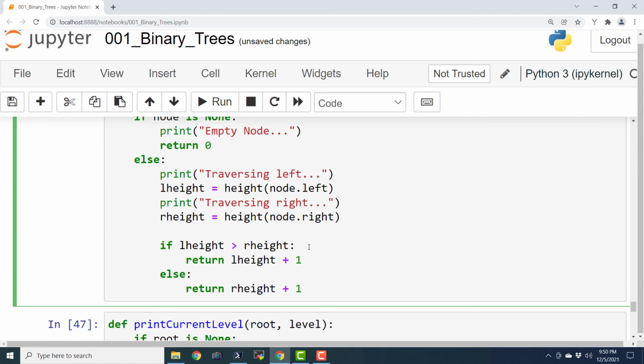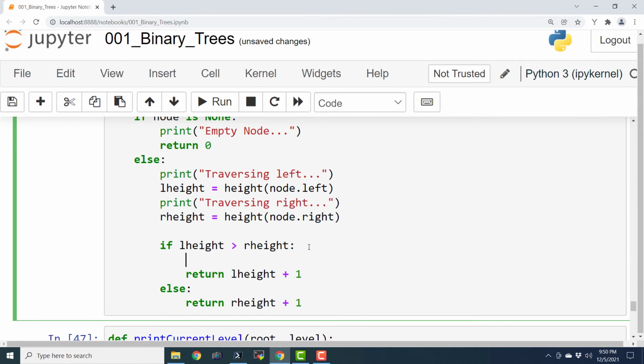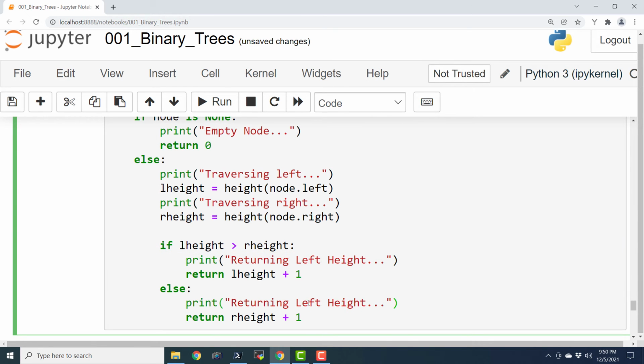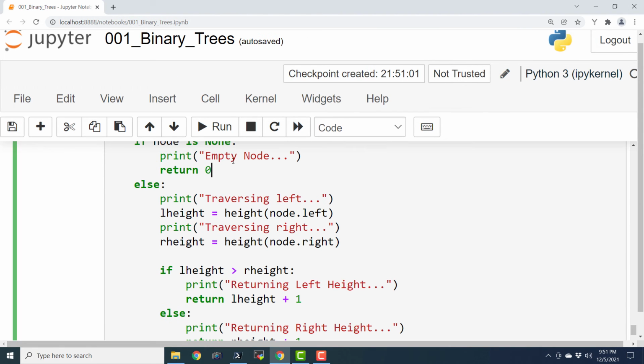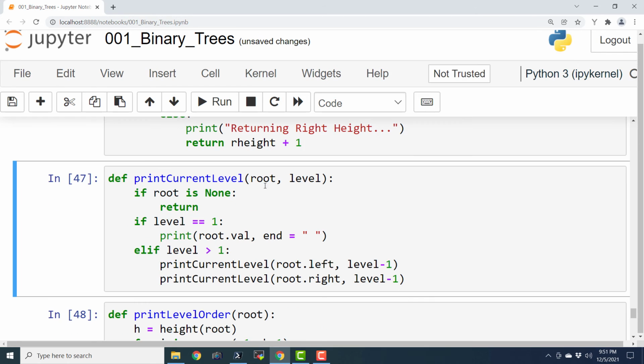Okay, and here I will say print returning left height. And here I'm going to say returning right height. So let's save it and let's execute it.